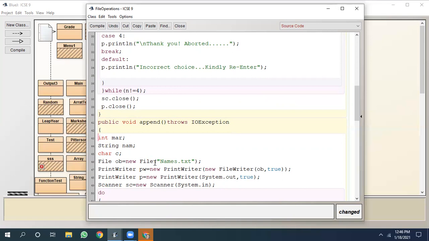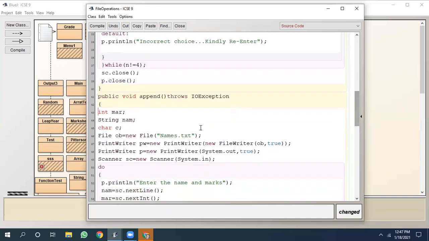Obviously, such concepts are not in Java, but in simpler words, we can say that OB is a reference to names.txt. That means whatever we do with the OB object will be done in the file names.txt. However, how all these things work is not the concern of the Java programming language.